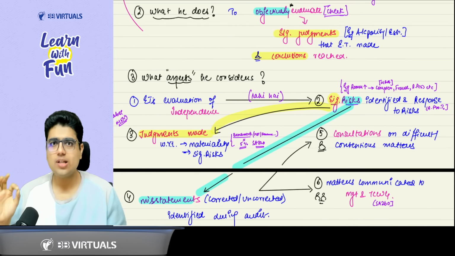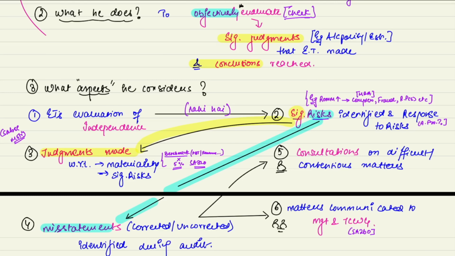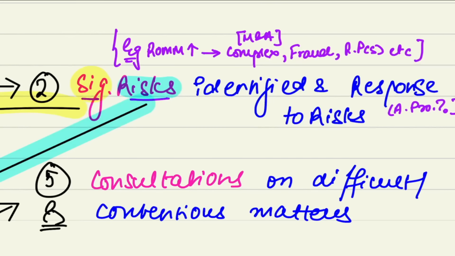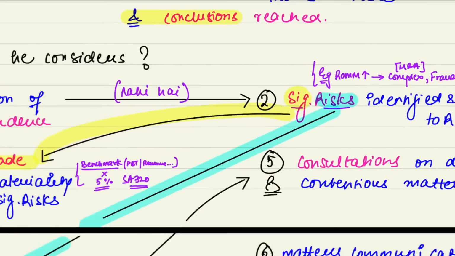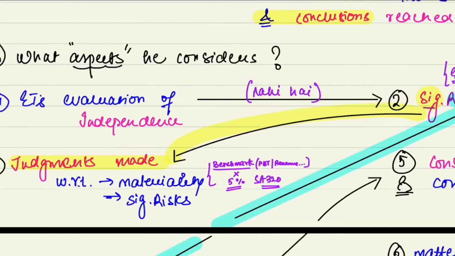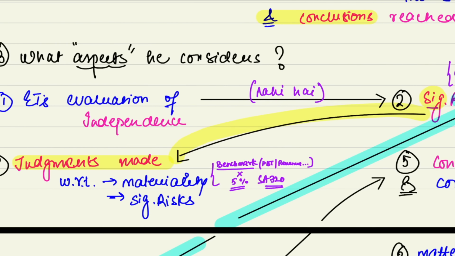Now, sir, how to learn these aspects? Just link them logically. So I will help you out with this. First of all, he will check independence. If independence is not there, is it a normal risk? No. It is a significant risk. Now what I did, I took significant and risk differently. Separate both the terms. How do you know it is significant? It is a matter of judgment. Say with me. How do you know it is significant? It is a matter of judgment.